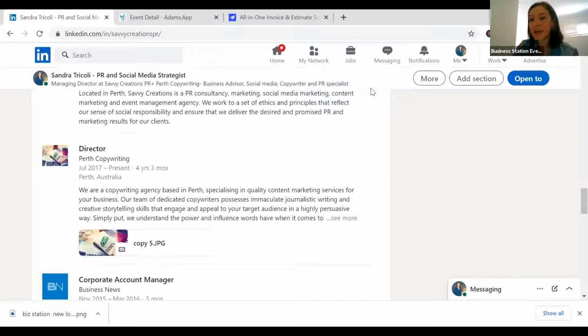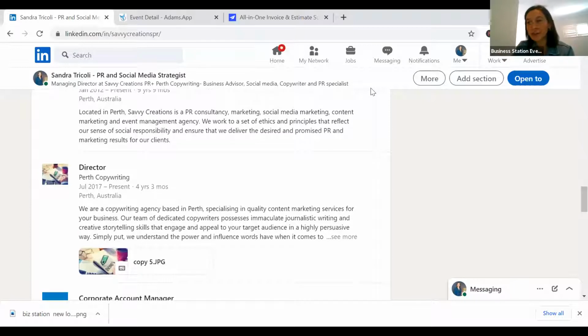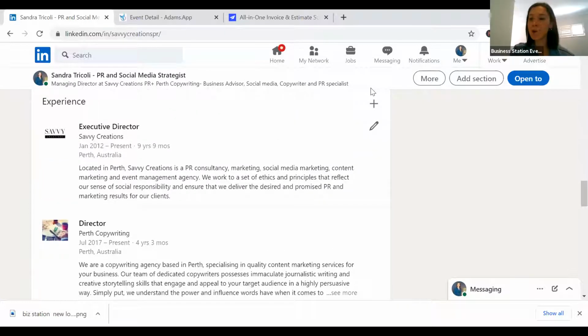Depending on how long you've been in the industry, if you weren't at a position for too long, then you don't necessarily need to include that. So very similar to your CV. Think about, if I was to apply for another job, what would I put on there? And if you've had a job and you're only there for 3 weeks, probably not a good idea to put that, unless it was a great contract role or something like that. So definitely add a little bit about what you've done in each role,